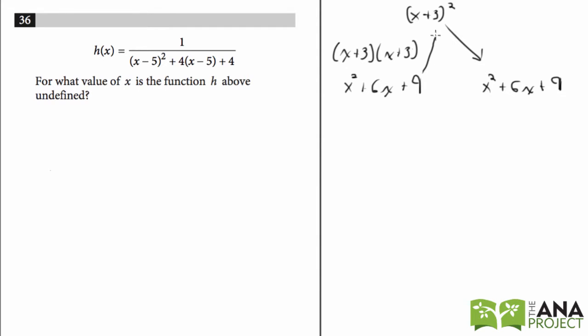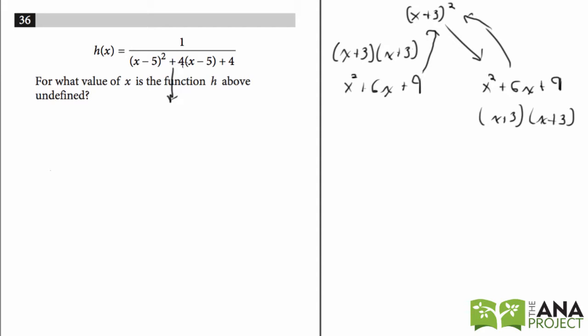And we can go back to this if we factored it. Now, if we look at the denominator here, this says for what value of x is the function h above undefined. This is also a perfect square. Notice how x squared plus 6x plus 9, we can go back and factor it to x plus 3 squared, or factor it to x plus 3 times x plus 3. This is the same thing. We can actually factor this,